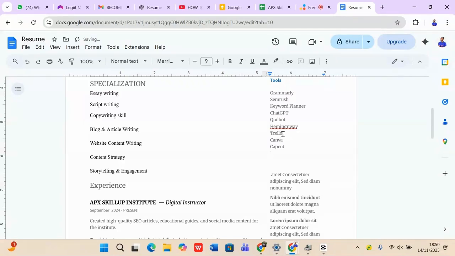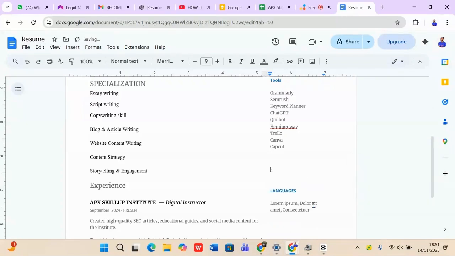Then just list out all the tools that you actually use for your client. Then let me delete all these ones away. So the more tools you have, the more your clients see. Please don't go and copy and paste. If you know you cannot use them, don't put them. Please and please. There is something about CV. Once they hire you and they realize that you cannot use it, you have given yourself a very big blow on your face. Anything you know you can use, put it there.